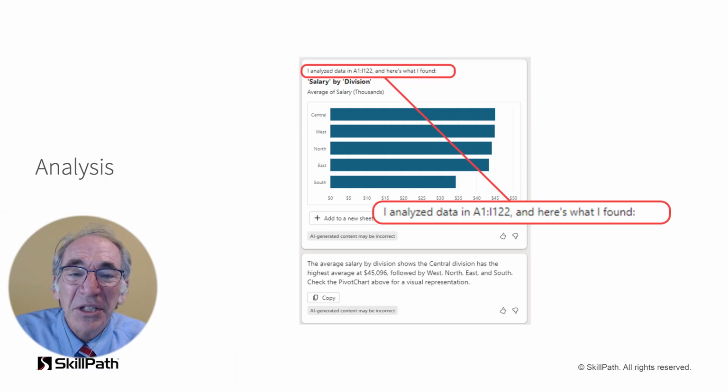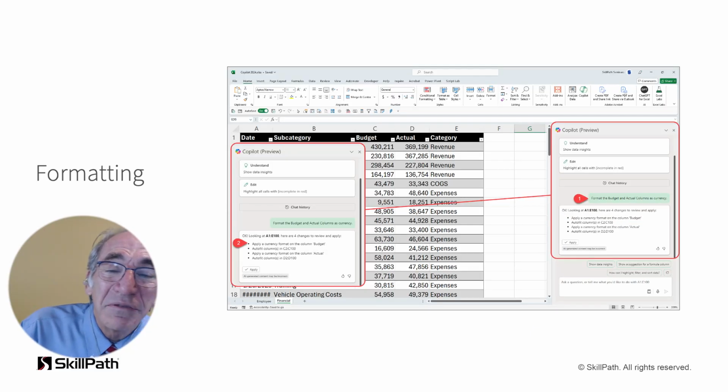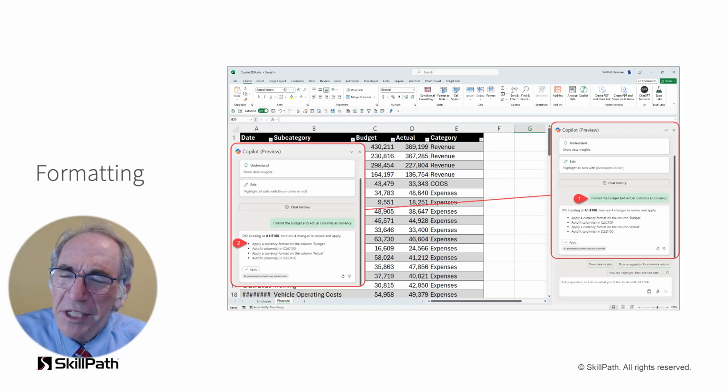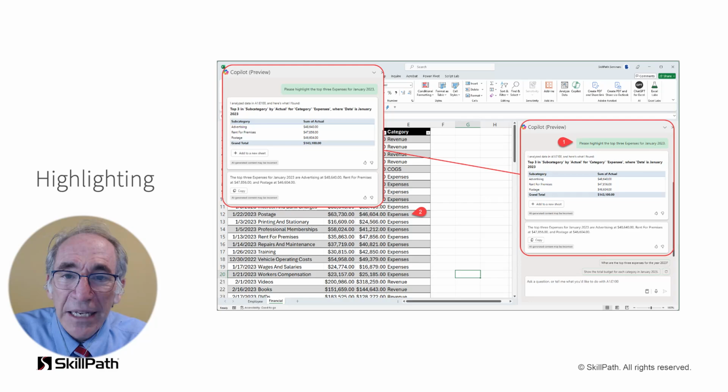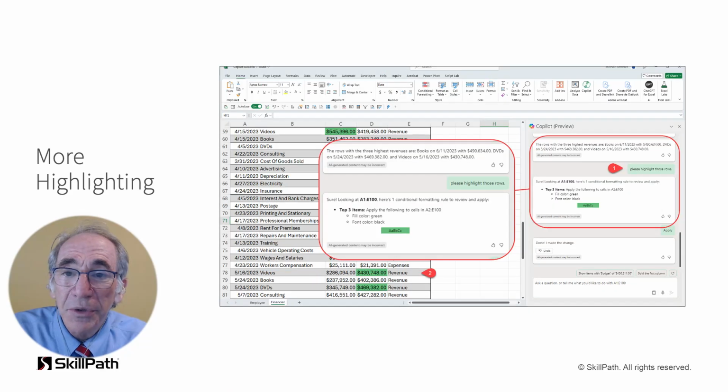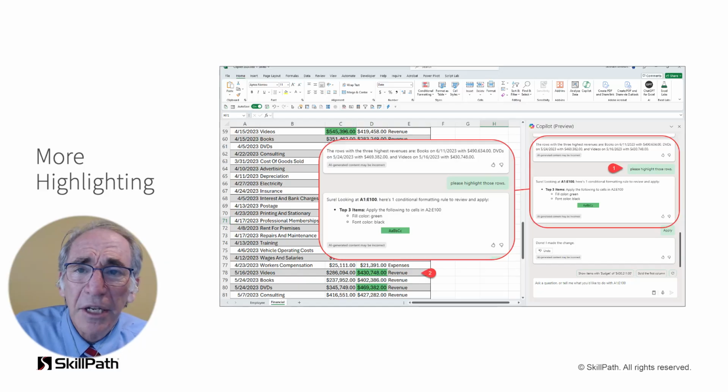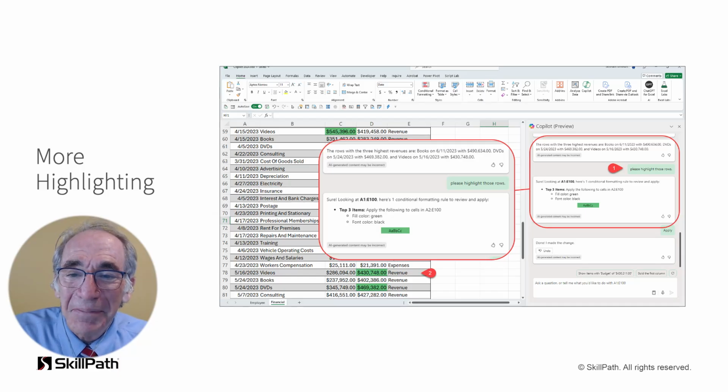It does analysis. It's also able to do formatting in the form of conditional formatting. It wasn't striping the rows that were greater than 8,000. It highlights them, and then you could apply that to the table in question. It must be a table. And you can do other things as represented by these screenshots that are possible with Copilot. And as I suggested before, it will inevitably expand. This is just highlighting individual cells.